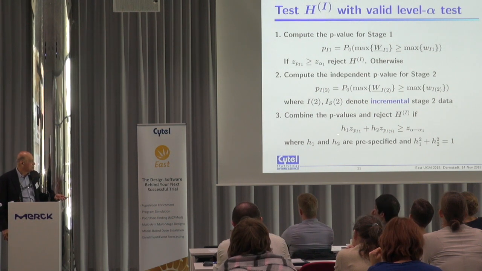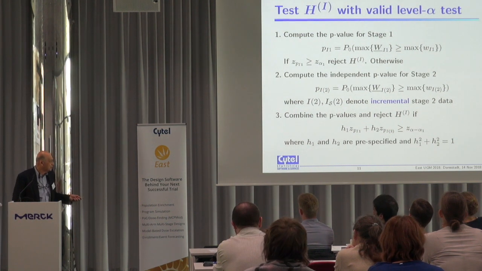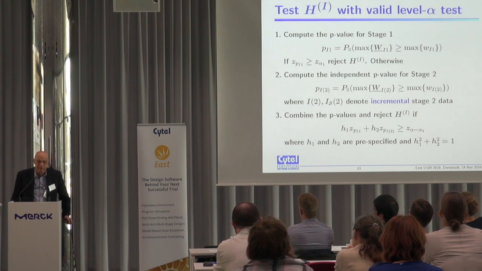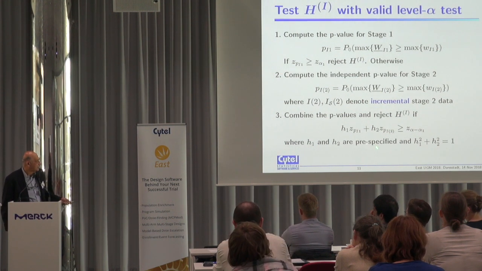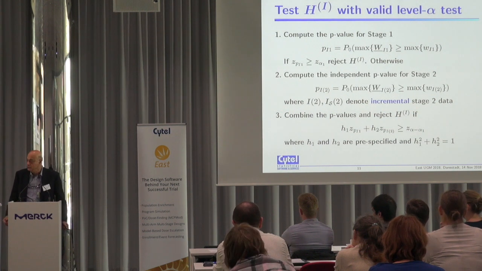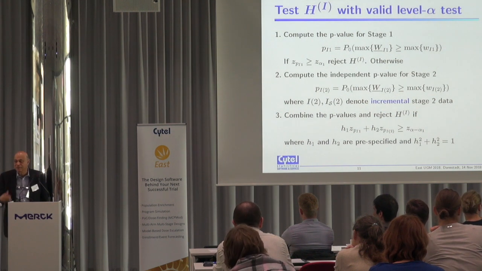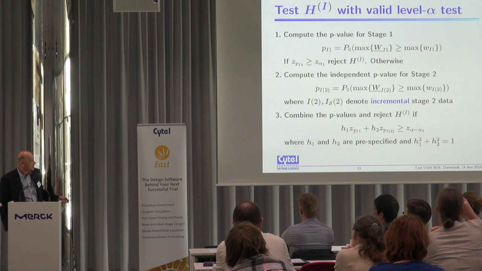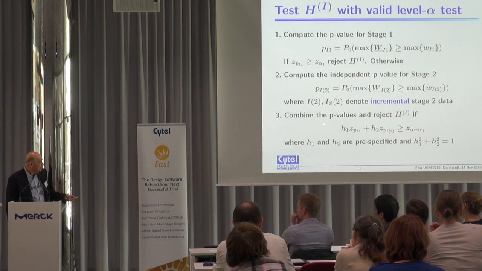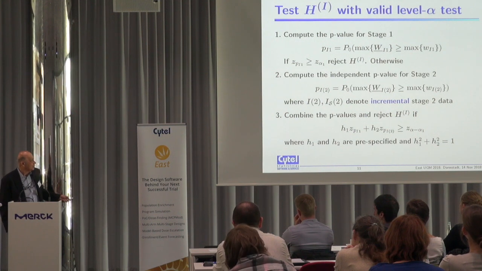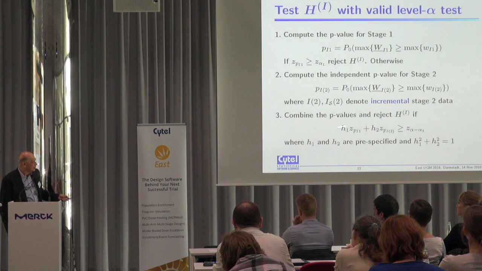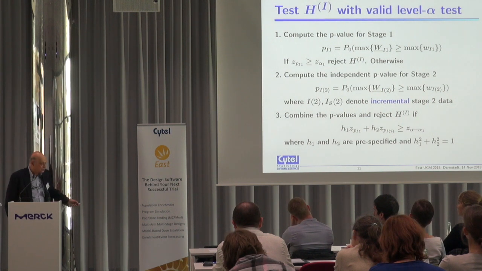And then you combine them. You combine these 2 z statistics with weights. Typically, these weights are proportional to sample size, but you can have any weights as long as the sum of squares of the weights is 1. And these weights have to be pre-specified. So then, this combined statistic should be greater than z alpha, minus alpha 1. And so this is now the equivalent test to